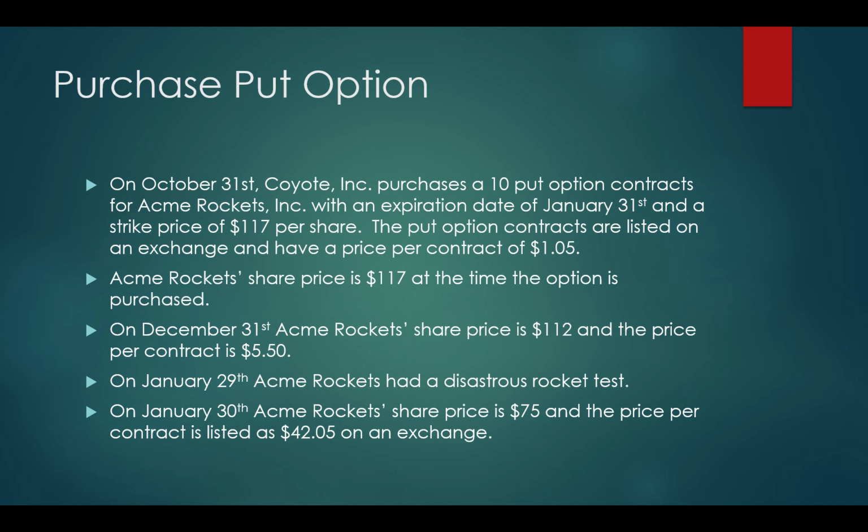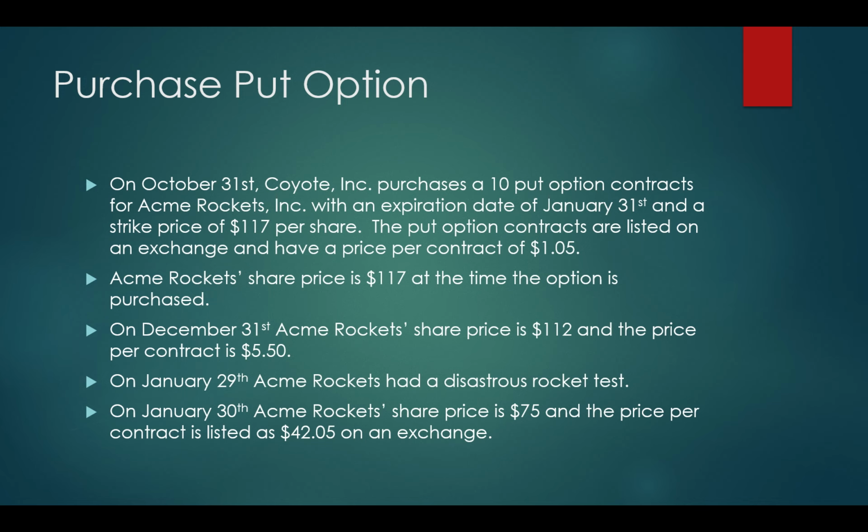In this video, we're going to build off the call option example where Coyote Inc. exercised the call option to buy 1,000 shares of Acme Rockets Inc. stock. So for this example, Coyote Inc. owns 1,000 shares of Acme Rocket stock with a basis of $100,800. After buying the stock, Coyote is worried that an upcoming rocket test may go horribly wrong and cause the stock